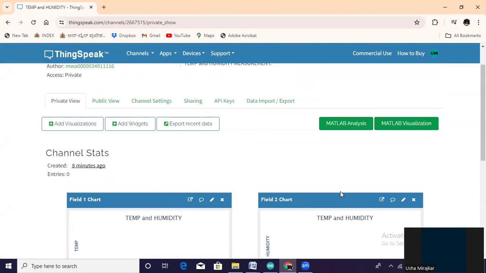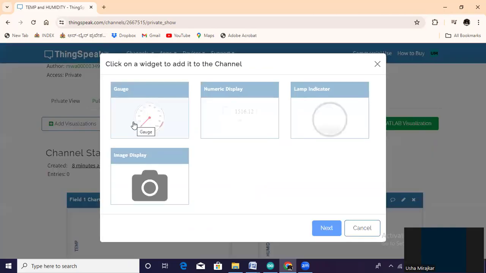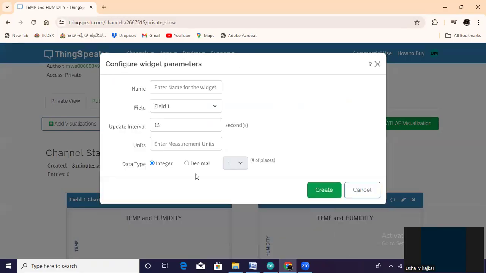Next, add widgets here. We will take the numeric display for the temperature. The name is temperature. It is from field 1 and the update interval is 15 seconds, that is, after 15 seconds the output will change. Minimum is 15 by default, we can increase this one.